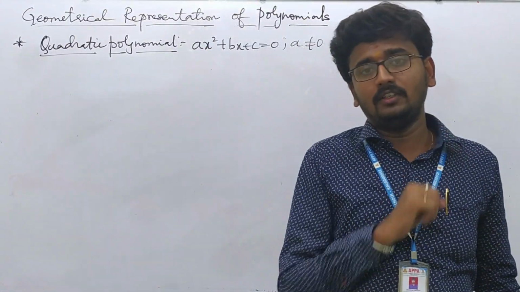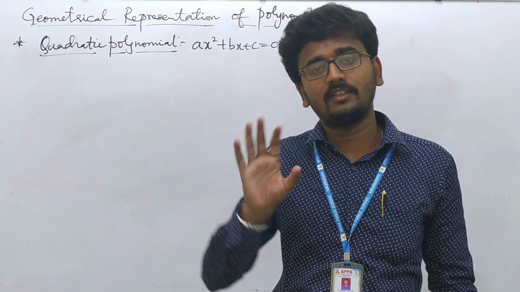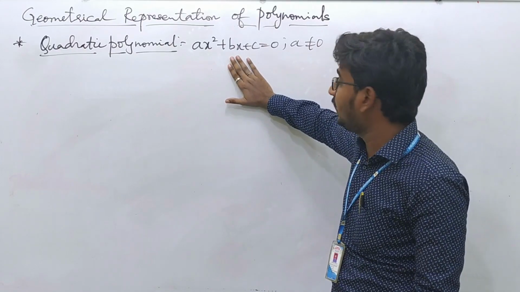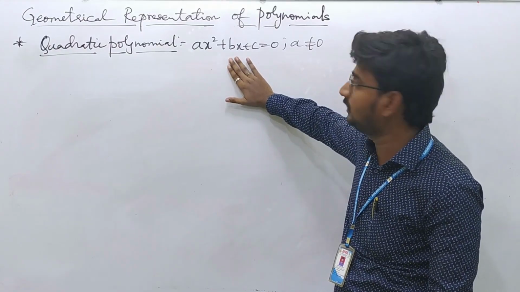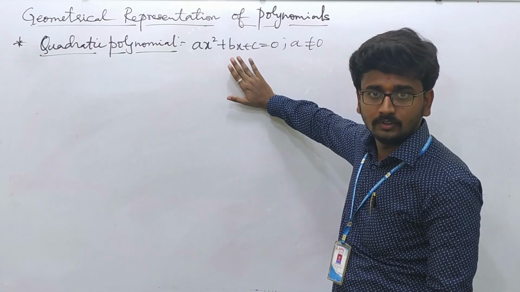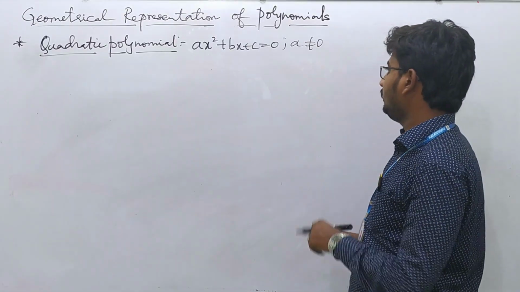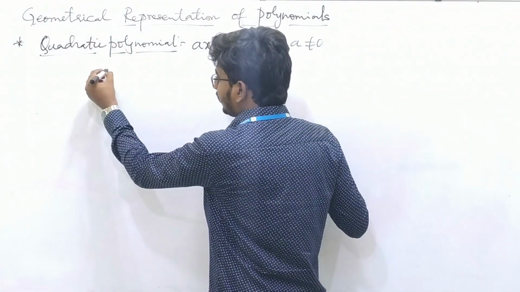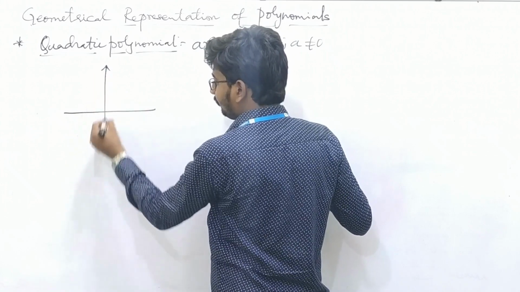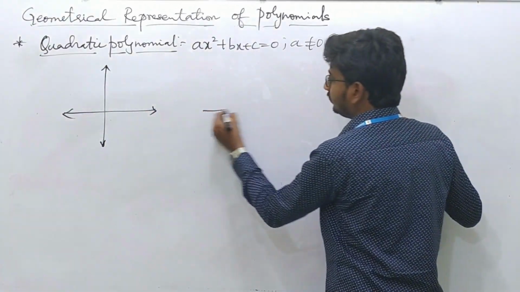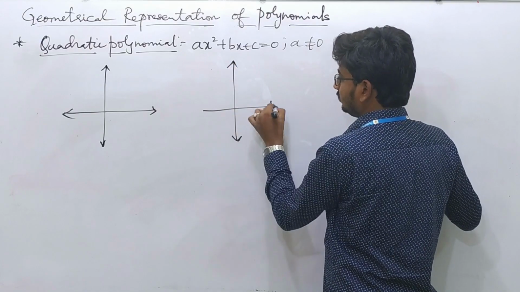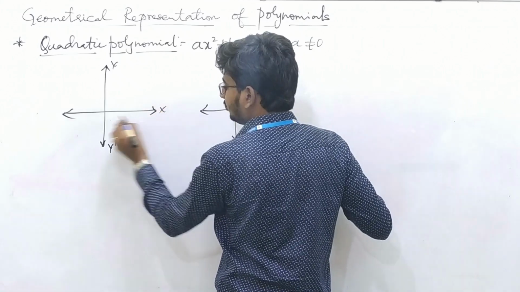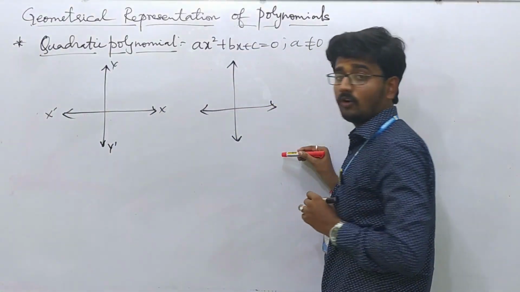We have this in the 4th chapter too, where we'll learn the details of quadratic equations. So the quadratic polynomial is ax square plus bx plus c equal to 0. This is the standard form. Now, how is it represented geometrically? We have a graph on what we know as the Cartesian plane, which you learned in last year's coordinate geometry chapter.